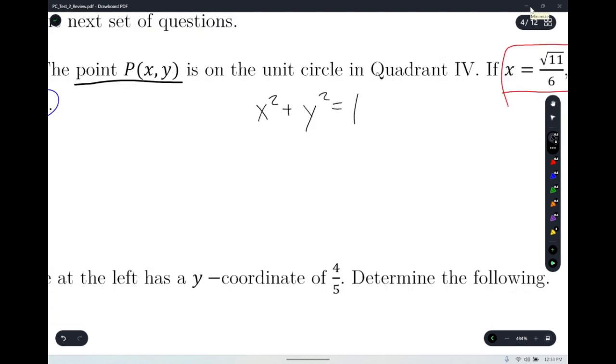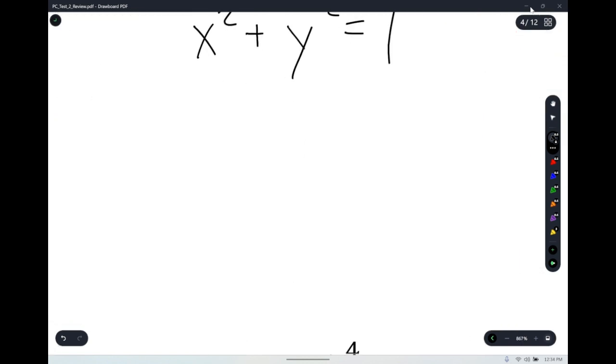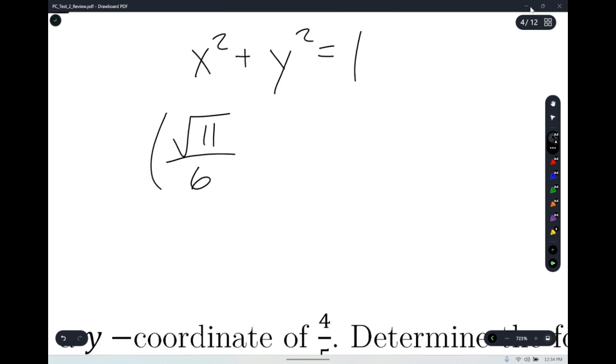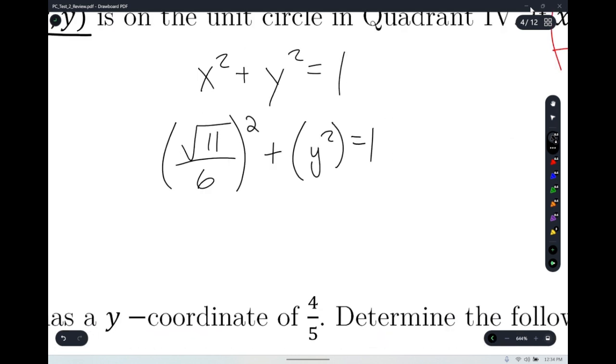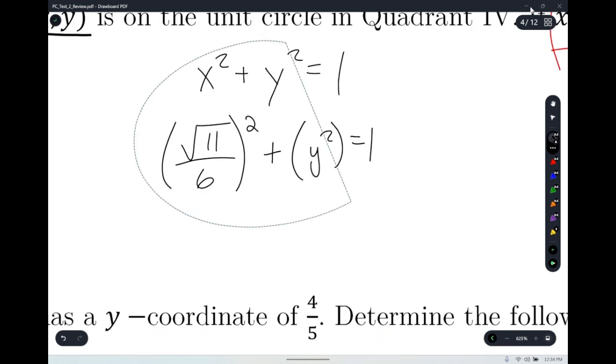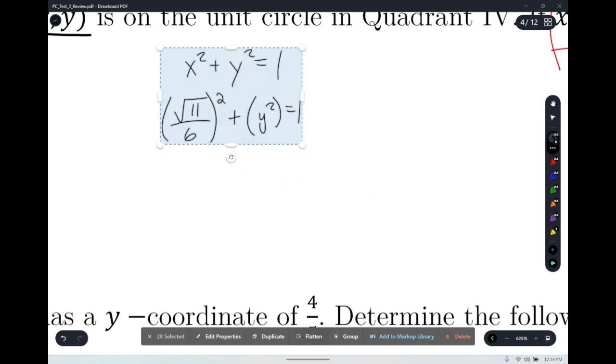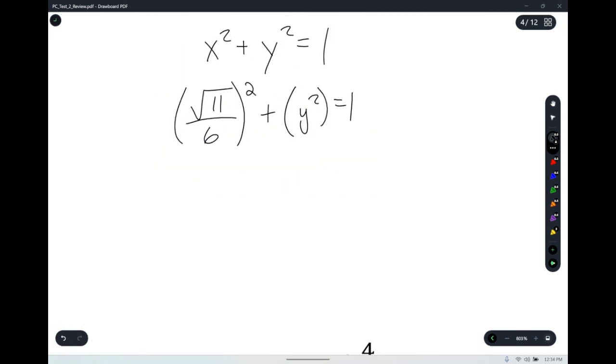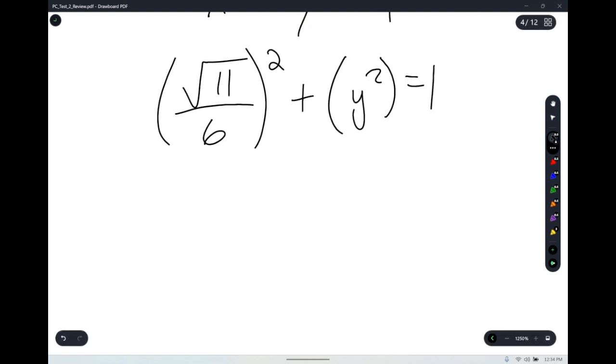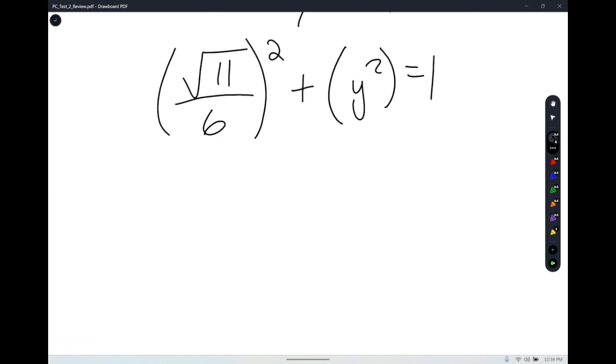We have our x value, which is square root of 11 over 6. Square it, plus y squared equals 1. Okay. I think we just got to do math. That's like the whole pre-cal part. That's done. That's the pre-cal step. This next step is the algebra step, which tends to be the hardest step for most